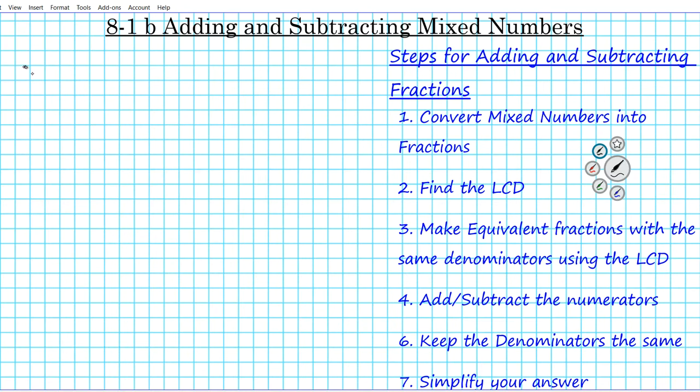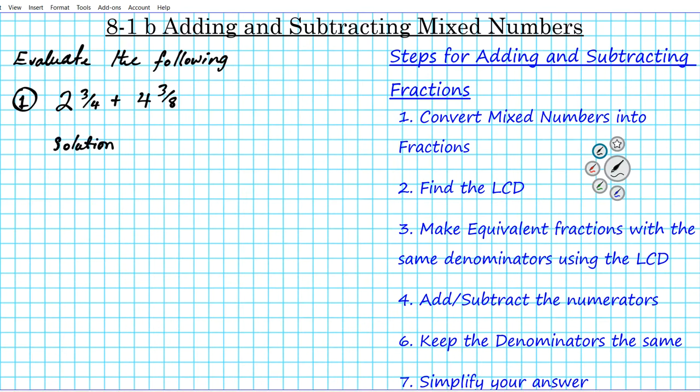Okay, so our question number 1, we are to evaluate the following. As instructed, evaluate the following. So let's say we're given two mixed numbers, 2 and 3/4 plus 4 and 3/8. Now there are two ways to add and subtract mixed numbers. I'm going to use one particular method. This method is by converting them into improper fractions. Why am I using this method? It's the easiest method to use